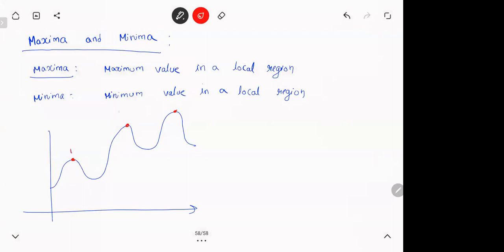So these points, 1, 2, 3, are maximas. Maxima doesn't mean the maximum of everything. In a local region, meaning in its surrounding, this is the maximum value. So all the peaks are called maximas. It need not be the maximum value of all time. The peaks are called maximas. Getting it? So maxima doesn't indicate it is the maximum value possible. Generally, the meaning of a maxima is in a given region, in a small area, that is a maximum height.